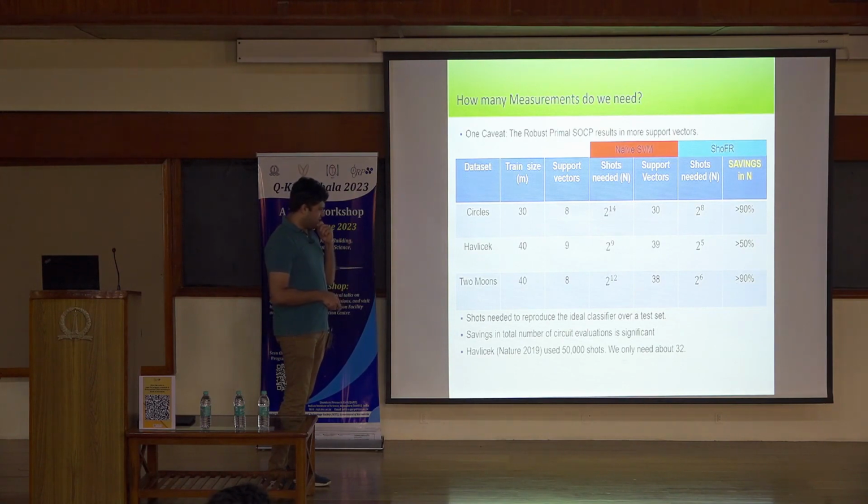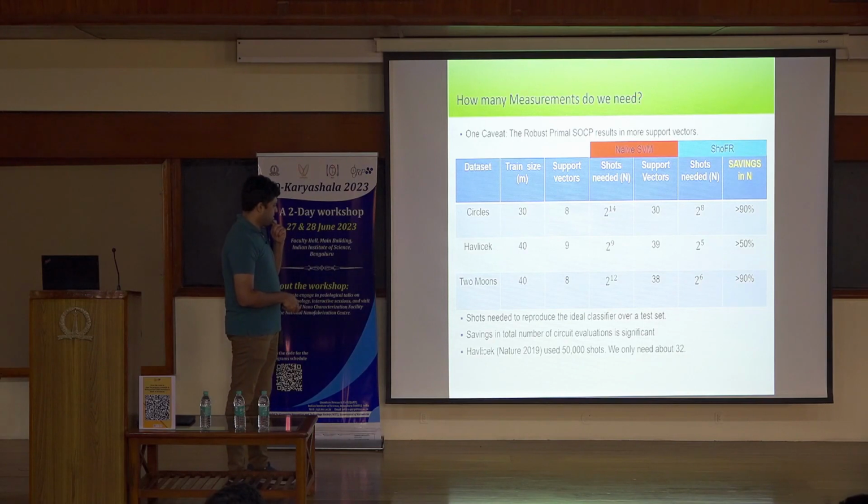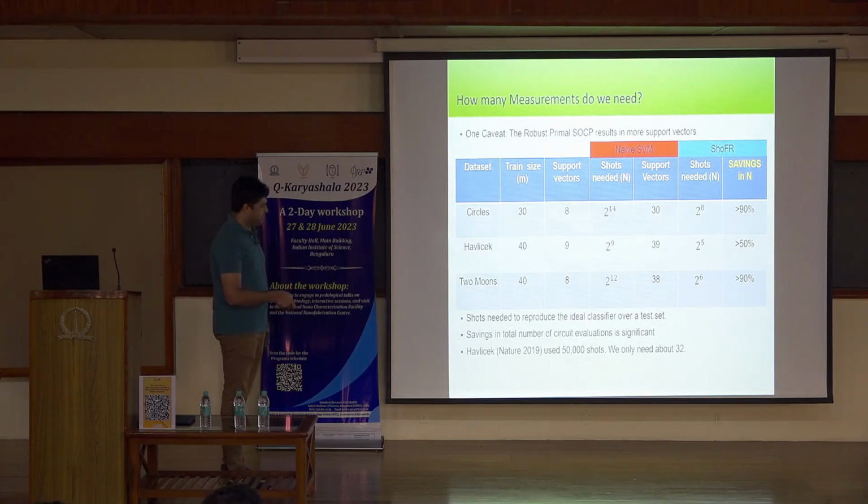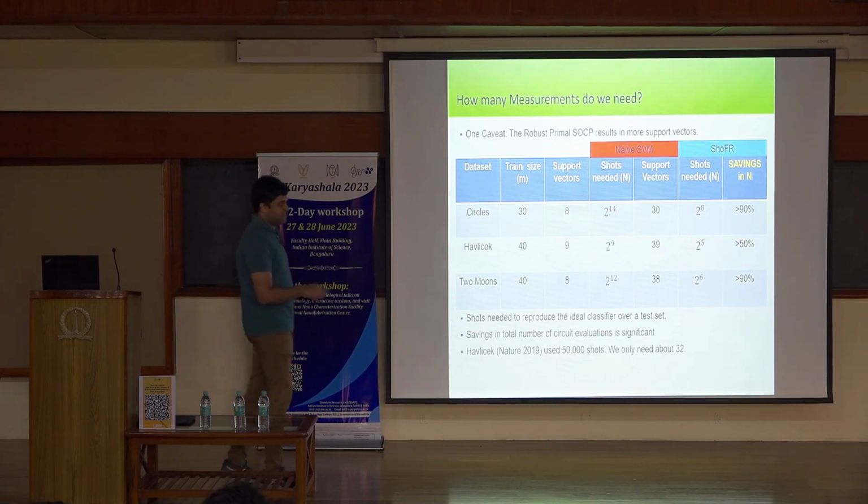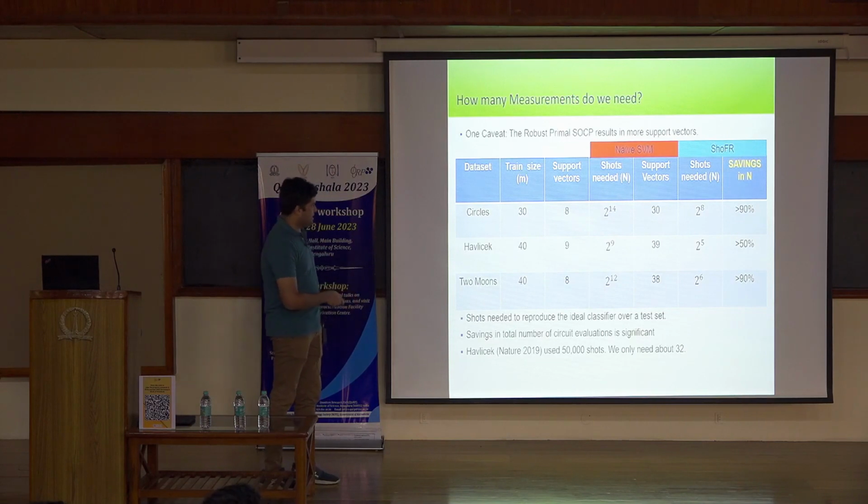Importantly, these numbers are not listed in most of the studies. It seems the community is not that interested in looking at reliability. It's just happy with very large ranges of accuracy and just reporting average accuracies. So we can have a direct comparison, because these authors actually list the number of shots. They need 50,000. We need 32 to do the same.